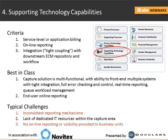So let's move on to supporting technology. I'm well aware of the time, so I know that I'm going to get to Hook shortly, so I'm managing that. So supporting technologies are things like how you do billing and online reporting, and how you integrate in a coupled manner with a downstream ECM system. So when you throw the documents over the fence into the ECM system, the document repository, the archive, whatever it is, there's kind of a handshake where you say, okay, I have 30 loan application packages, and each of them has 20 pages. And the ECM system says, yes, I received all those, or no, I did not, and so on. The best practices for this are,